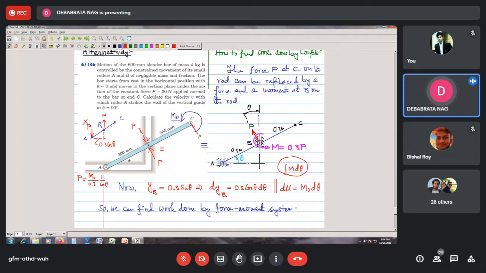set or get acquainted with the work done by the couple। কিন্তু নরমালি ছোটবেলা থেকে দেখেছি আমরা ফোর্স ক্যালকুলেট করবার জন্য আমরা সবসময় ওয়ার্ক ডান বাই ফোর্সই বলি, কারণ উই হ্যাভ পার্টিকেল, পার্টিকেলের উপর তো আর কাপল বলে কিছু জিনিস হয় না, সো দ্যাটস ওয়াই সেখানে ফোর্সেরই গল্প চলে এসেছে। সো ওই লিগ্যাসিটা, সিন্স ফোর্স লিগ্যাসি ইজ উইথ আস, দেয়ারফর when couple is there তখন পেটটা একটু গুড়গুড় করছে, well okay fine, I replace the couple by two equal and opposite forces and come and find out the work done by them। হ্যাঁ, তাতে কোনো অসুবিধা নেই, এবং দেখো ছোট্টভাবে তুমি করে এটা দেখতে পারো যে জিনিসটা কি আসছে। ওকে, সো ট্রাই দিস অ্যাট ইউর হোম এন্ড ট্রাই টু সলভ ইউর প্রবলেম।